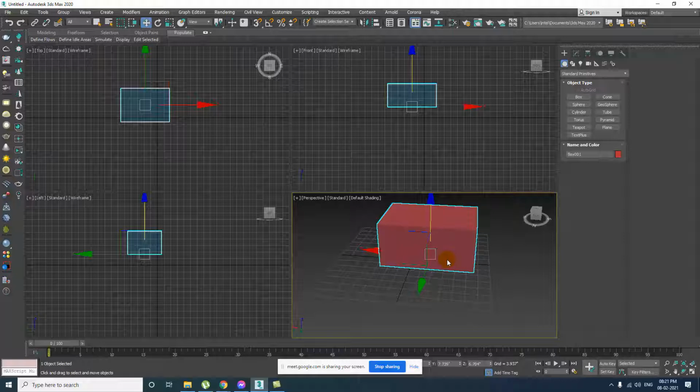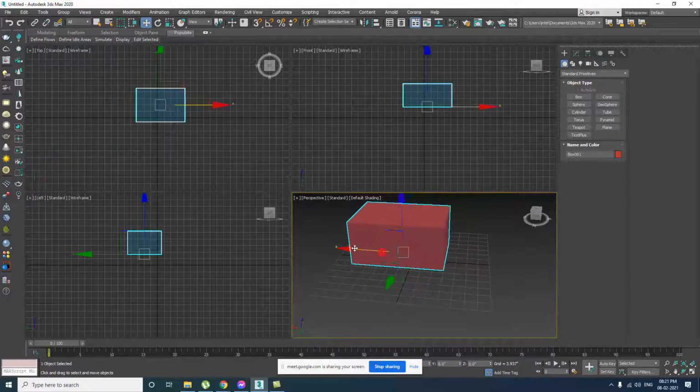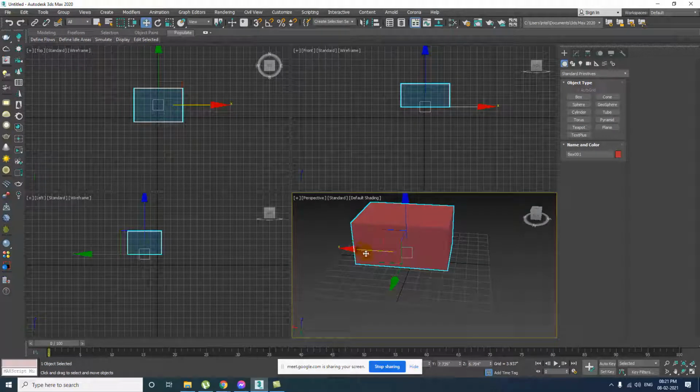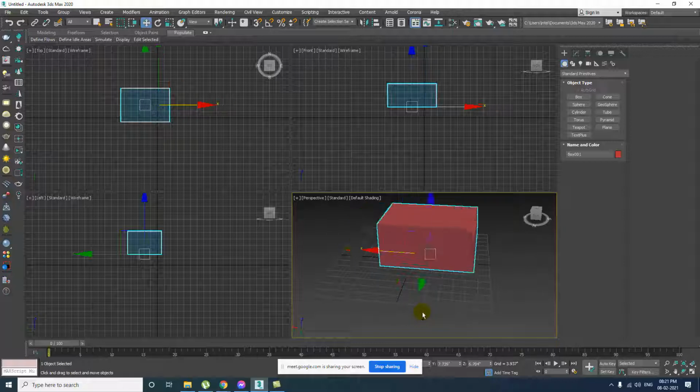That is simple, right? Whatever you do, if you wish to come back to the previous step or previous position, just press Control Z two or three times until you get your desired position. Just press Control plus Z and your object will come back automatically. The step will be reversed.